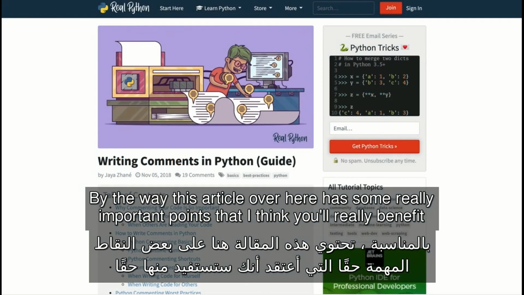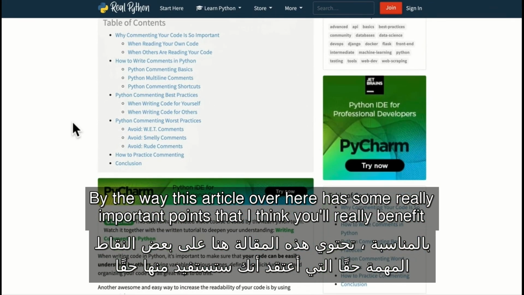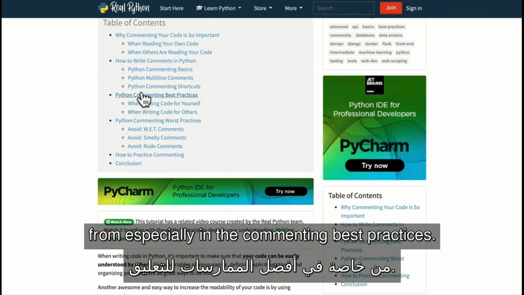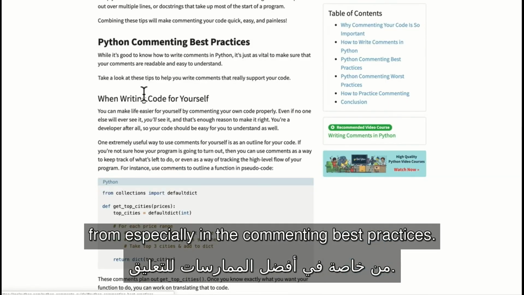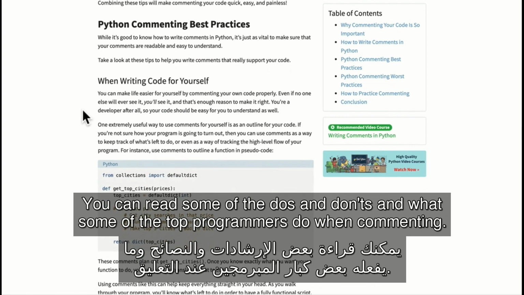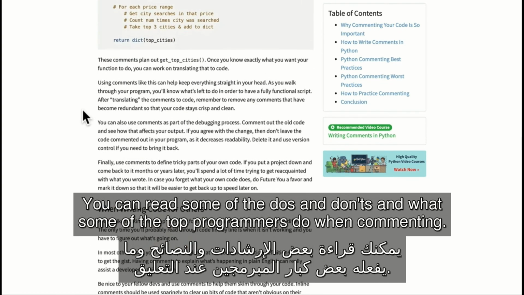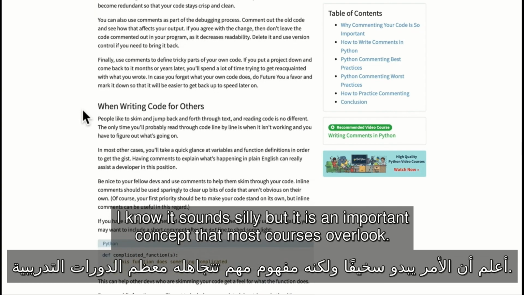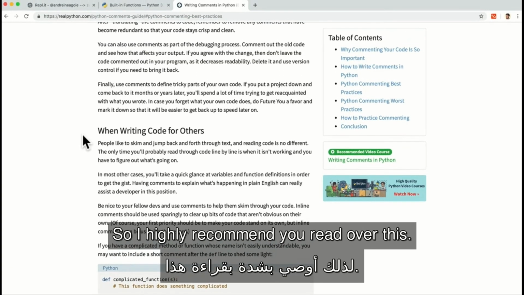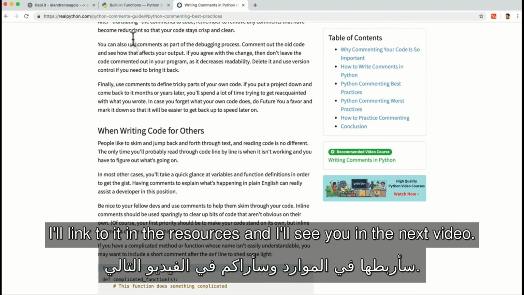By the way, this article over here has some really important points that I think you'll really benefit from, especially in the commenting best practices. You can read some of the do's and don'ts and what some of the top programmers do when commenting. I know it sounds silly, but it is an important concept that most courses overlook. So I highly recommend you read over this. I'll link to it